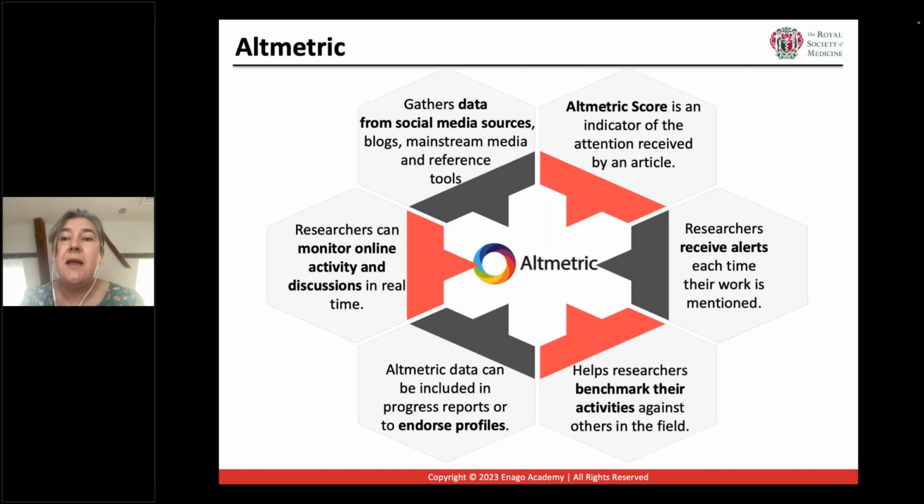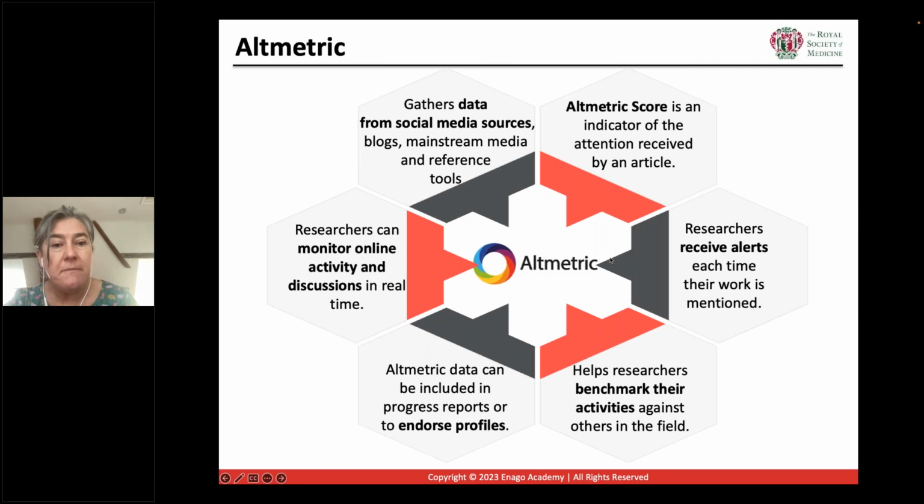So in short then, Altmetric helps researchers track who's interacting with their work and where they're based. It gathers data from various social media sources like Twitter, Facebook, blogs, mainstream media, and so forth, basically as soon as the work's published. It then provides a weighted count of all the mentions, and that's, again, for a specific individual work, which is designed to indicate, I suppose, the amount of reach and attention that it has received.